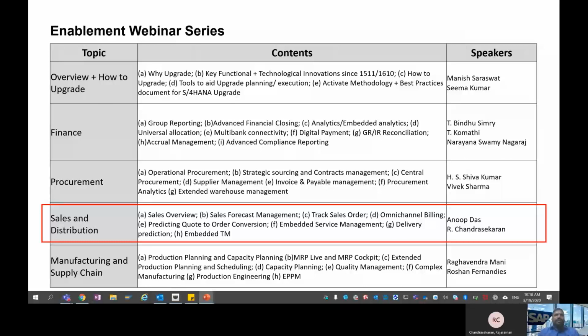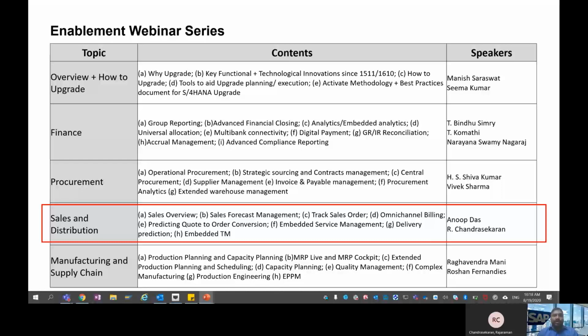SAP has made massive investments into SAP S4 HANA, and hence the solutions have rapidly evolved over the past few years. This webinar series is an attempt to enable you on the delta differences as well as key innovations between your source 1511, 1610 release and the present latest 1909 release.